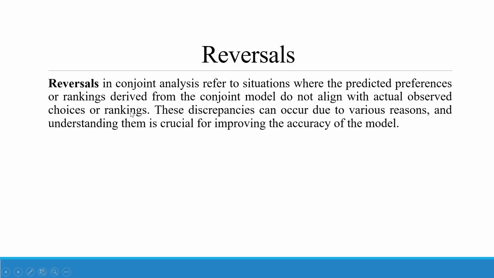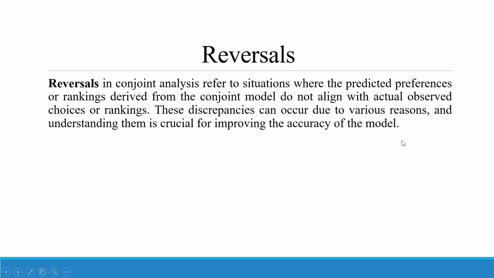Reversals. Reversals in conjoint analysis refers to a situation where the predicted preferences or rankings derived from the conjoint model do not align with the actual observed choices or ranks. In simple language, we can say the cases which don't follow this model, the outliers which don't follow this model. These discrepancies can occur due to various reasons, and understanding them is crucial for improving the accuracy of